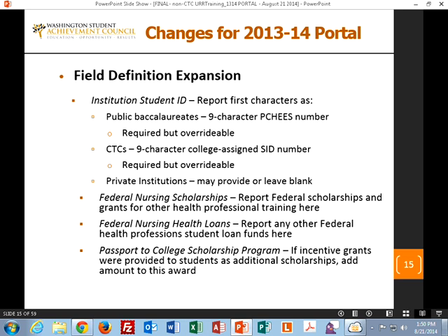Most incentive grants the schools don't get filtered directly to the students, but if you do give them money, so a normal passport scholarship, the maximum amount is $4,500, and so if you somehow gave a student another $500 to help out with maybe special fees or what, you would show $5,000 in that case for that student.